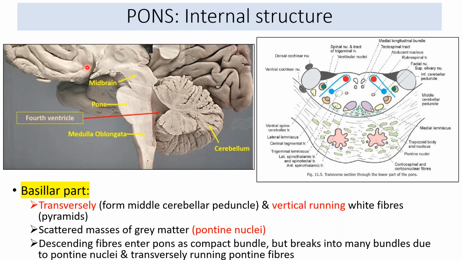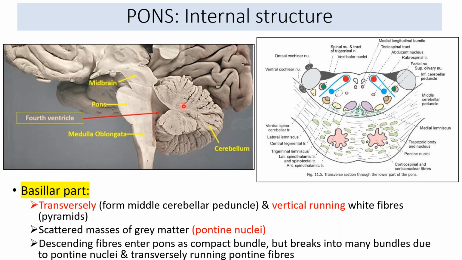Then there are some vertically running fibers also. Vertically running fibers will be more appreciable in the lateral view. If you have cut it, you can faintly see them over here. So what could be running vertically down the pons? The vertical fibers will be the pyramidal fibers, the corticospinal and the corticonuclear fibers. Can you see in this picture, this is the corticonuclear and the corticospinal bundle, which have been cut because they are longitudinal, vertically running fibers.